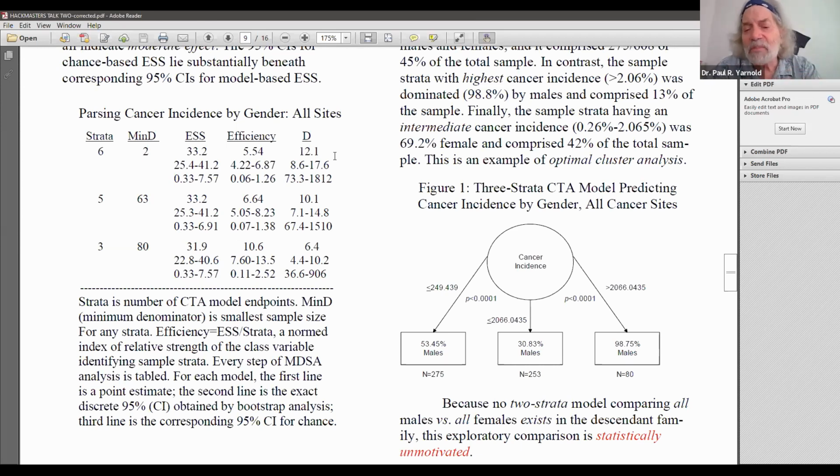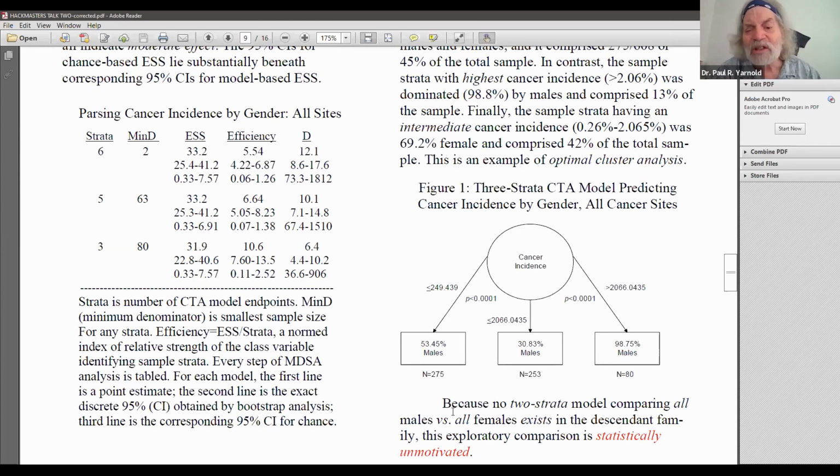And so here's a picture of the 3 cancer incidence. And you can see if it's less than or equal to 0.25%, because this is the number per 100,000, if it's less than or equal to 0.25%, it's 53% males, 53% females. If they overlap, it's 50-50 males and females. You see this? 50%, 50. And so for the lowest cancer incidence, for the people that basically hardly ever get it, it's males and females